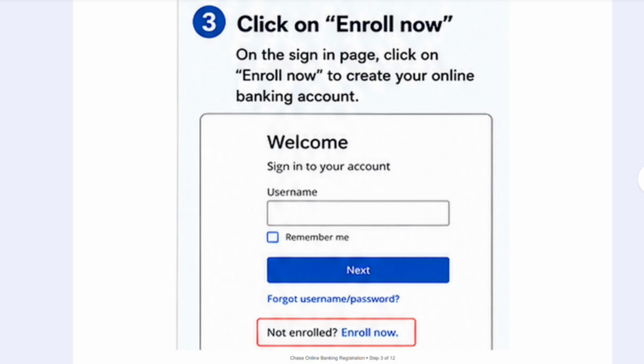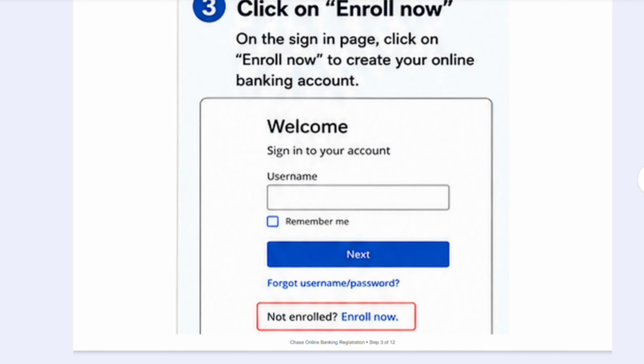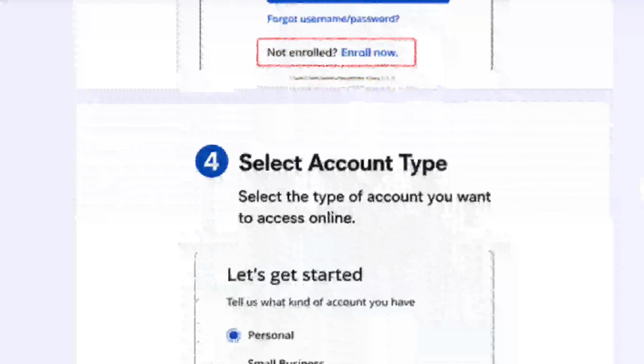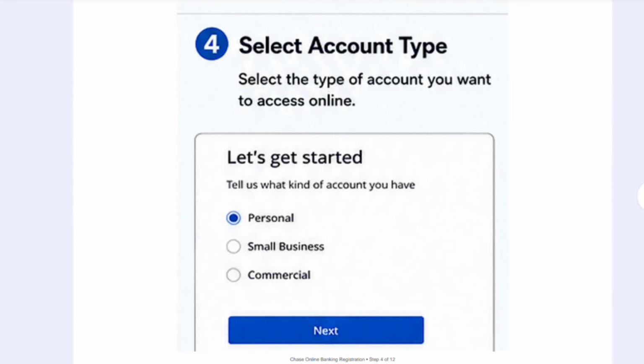Welcome, sign in to your account. Okay, now you have the option to create your username. So first you want to create your username, click on the enroll now button. Then